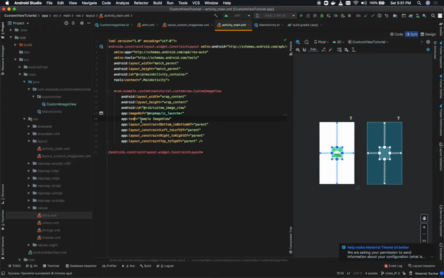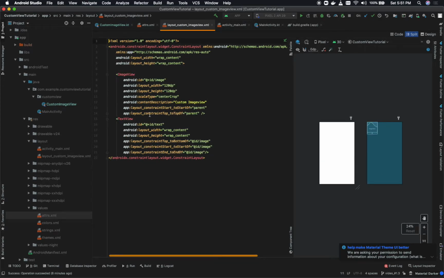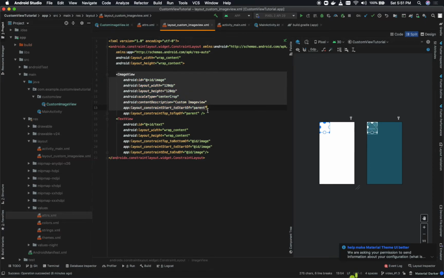The same way, whichever text is passed from here, I will show my custom view with that text. Now in order to achieve that, in my custom image view XML, I have created one image view and one text view, and I have given them two IDs, ID image and ID text, and this is the basic layout.